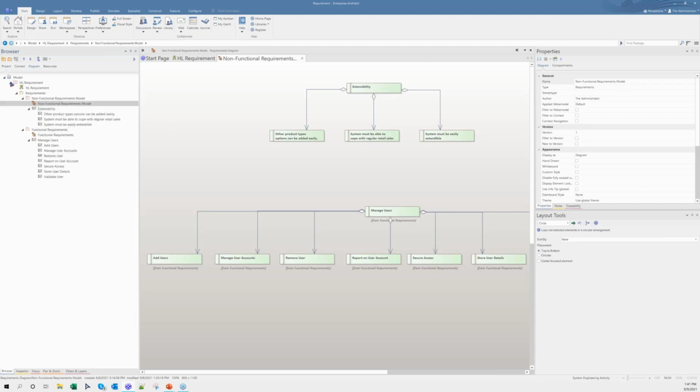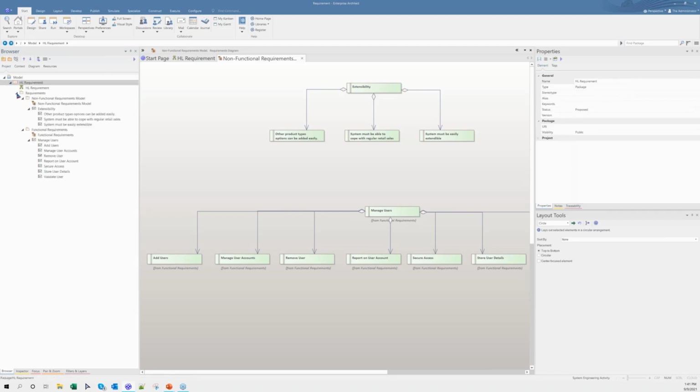My project browser is a very tiny browser as of now because I just created it for the demo. But you are EA users and consultants who definitely know how powerful it is if you stick to one particular diagram and focus on that diagram and the package contents alone.